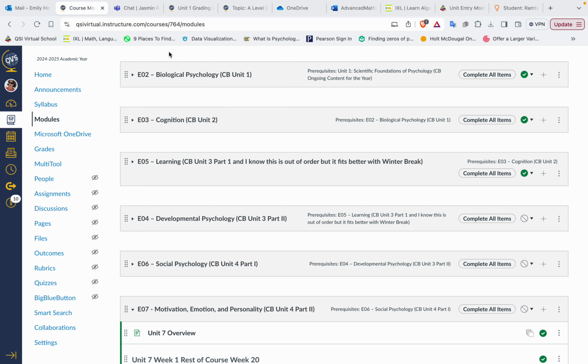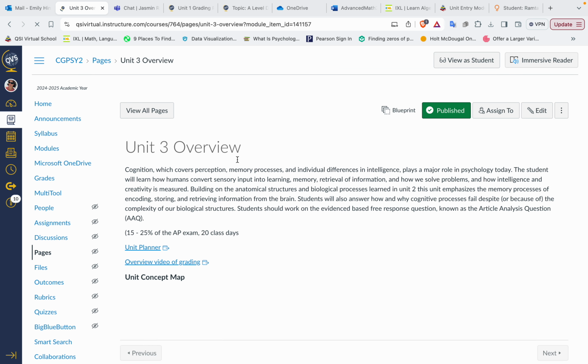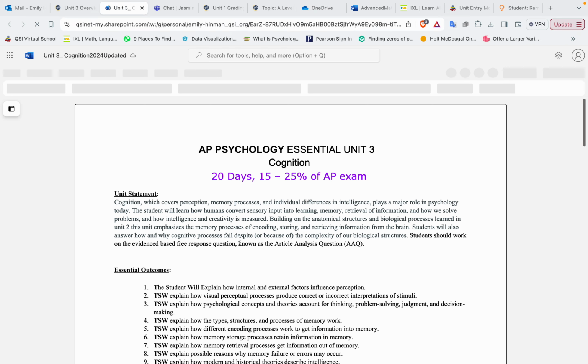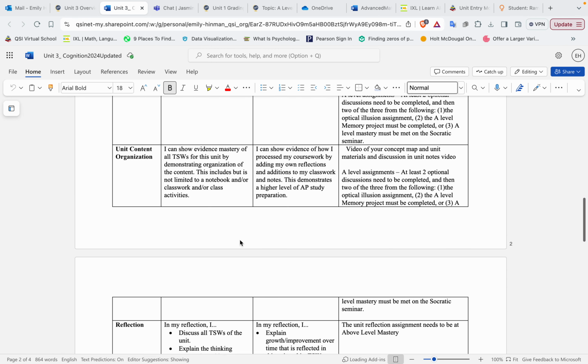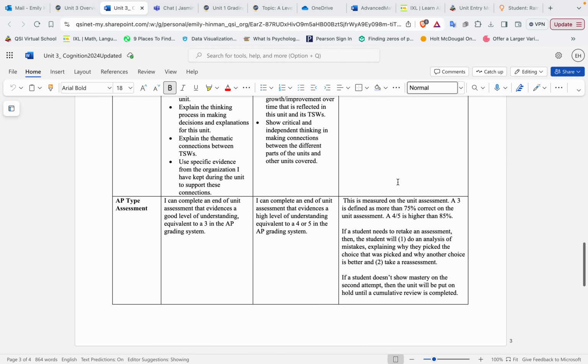So let me go quickly to the rubric. The A-level part I'm talking about is not on these assignments. There are some assignments you have to do within the unit, but what I'm going to talk about today is this part, the AP type assessment. That B level is 75%, and I'm retesting B levels right away, but